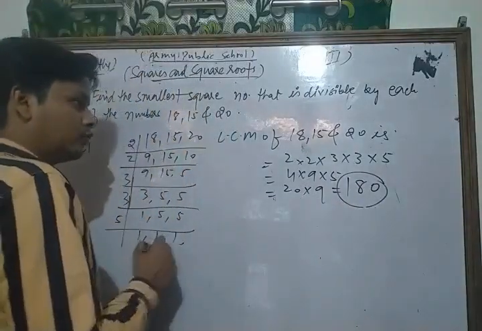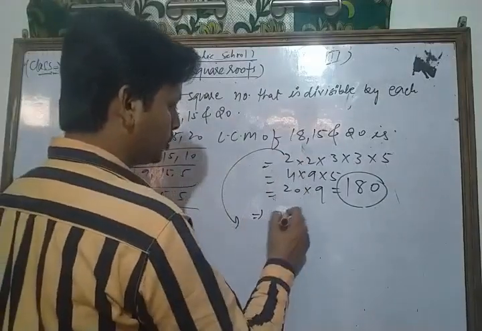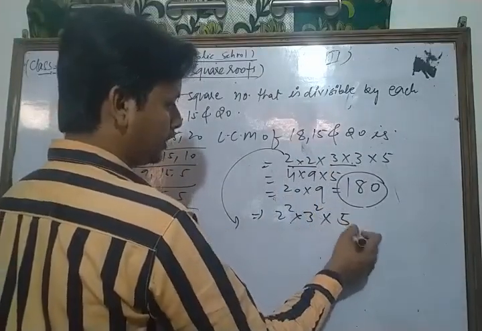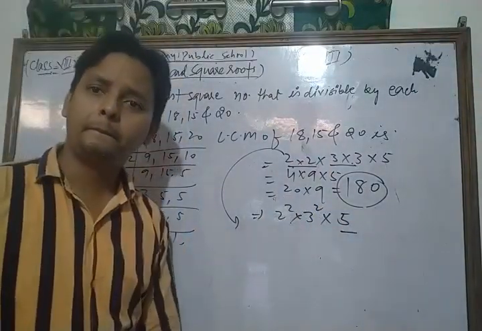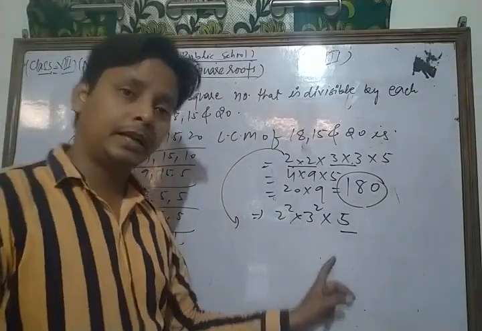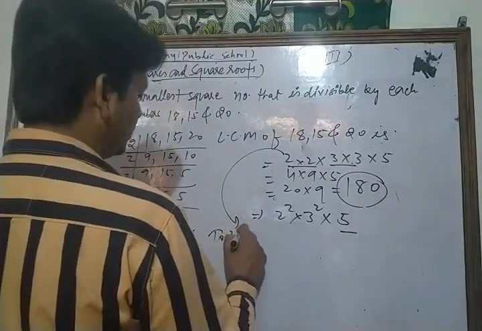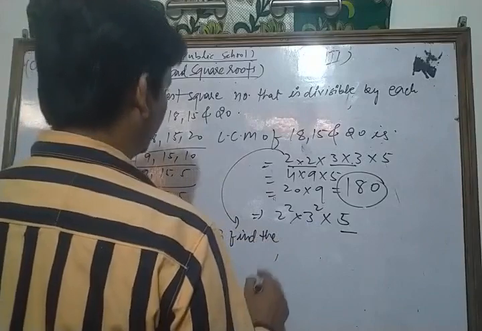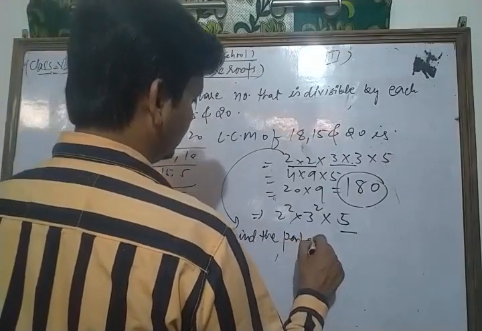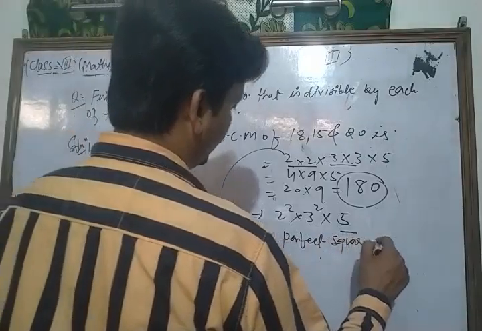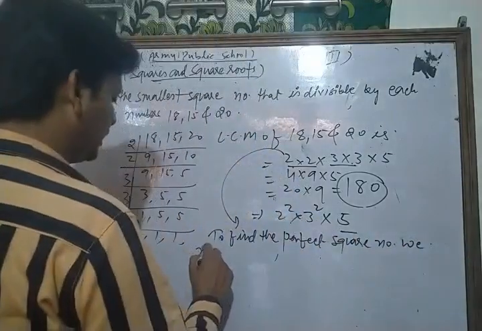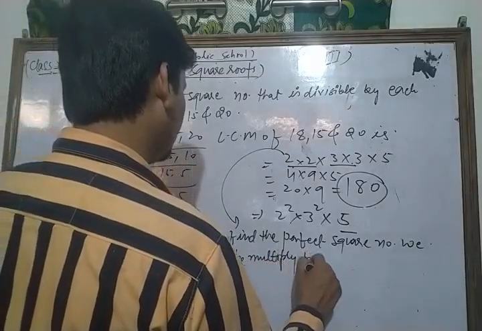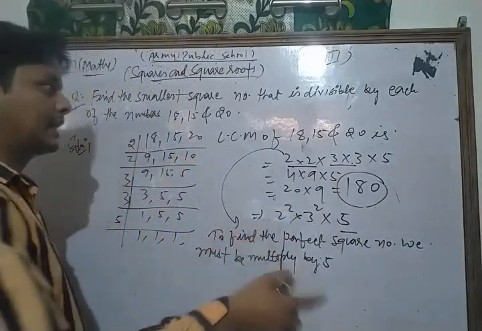Why is it not a perfect square? Because here, let's see, we write 2 square, 2 is in pair, 3 is in pair, but 5 is not in pair. So to find the smallest perfect square number, we must multiply by 5. So that number is exactly divisible by